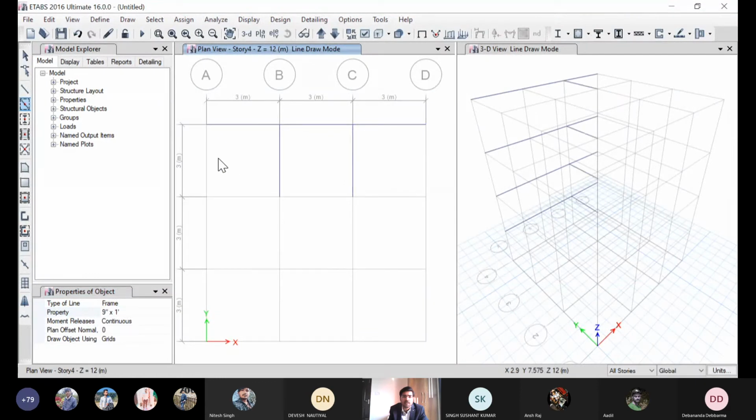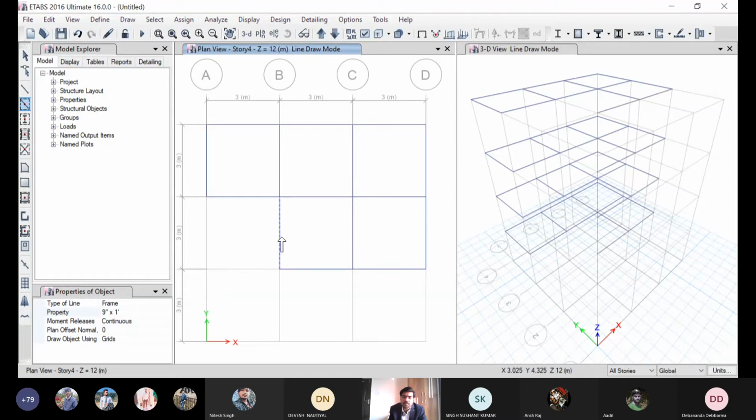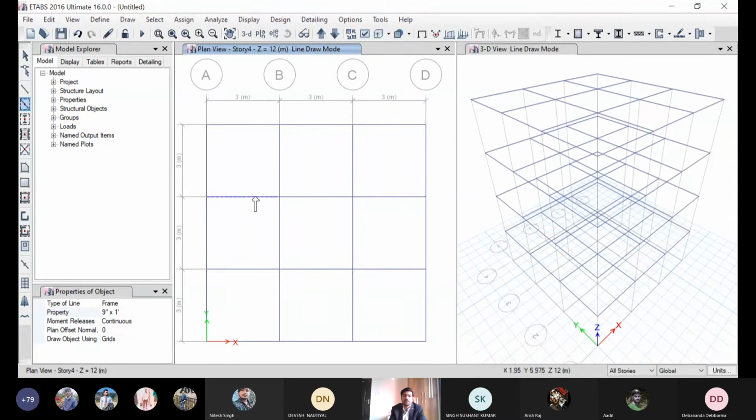So this is the importance of selecting the parameters from the beginning. That's what I was saying at the beginning, that we are defining the material before, because after we draw, we will not need to change it. So we have predefined the material, then we draw the beam with quick draw, or we can also draw using the simple draw option. We have drawn on all the floors.